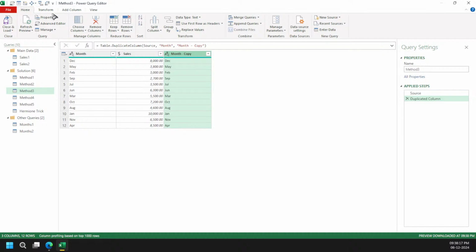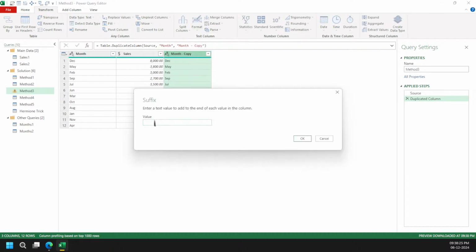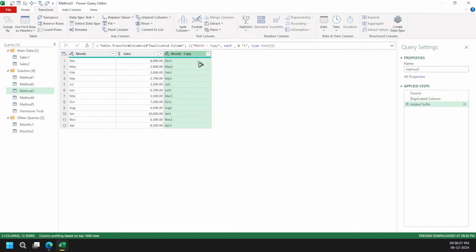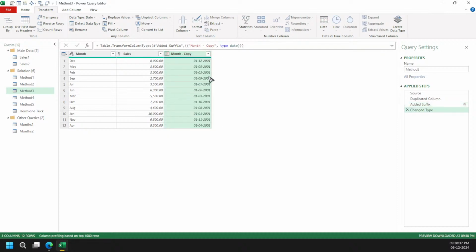So now what we can do here is transform them, format, and then add suffix, and simply add the value one. Now it has become the first date. So how can we convert them into date? You know about data types now. When we convert them into date format, you can see it has by default converted into the first of December 2001.